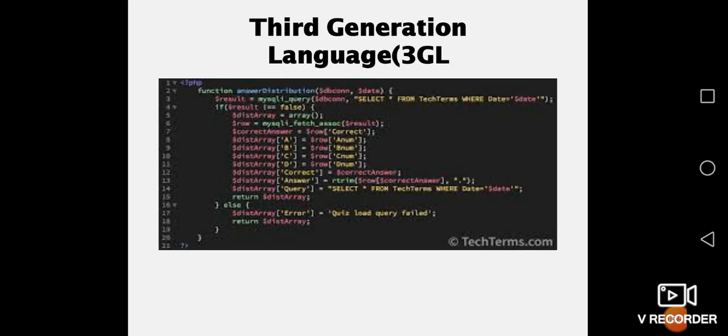Here you can see function, some name is given, then return is given, the array is given. An array means a set of data. If-else statement is used. Array, as I told you, means a set of data, A, B, C, D, or whatever it could be. All that we can use. You would have seen this in your computer itself, when it gets booted up or something, you can see some functions running like this.